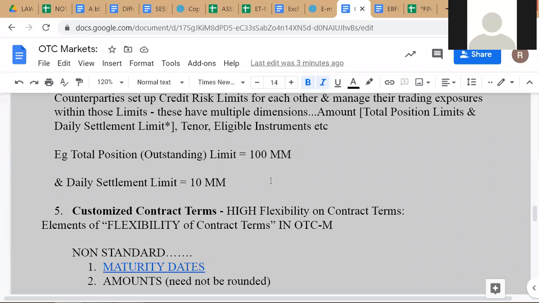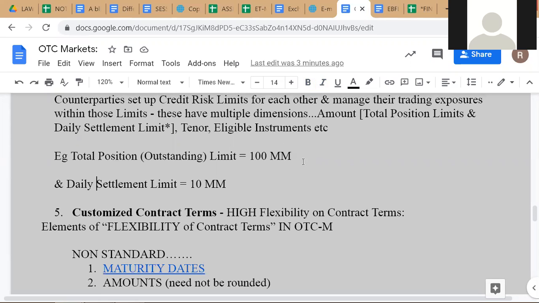the daily settlement limit, okay. Daily settlement means that I'm allowing you to do a total of $100 million worth of transactions with Airtel. So you could do several transactions. You could do a forward contract for 6 months for maybe 15 million. You could do a swap contract for maybe